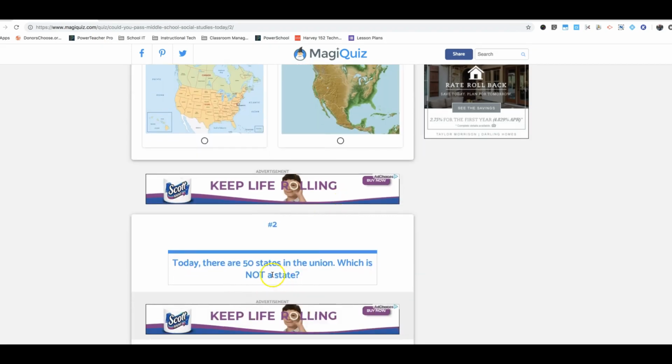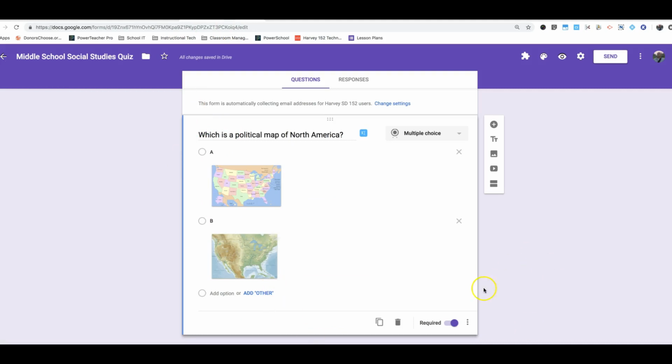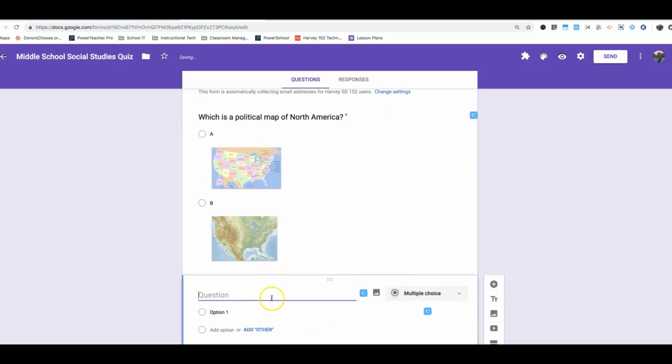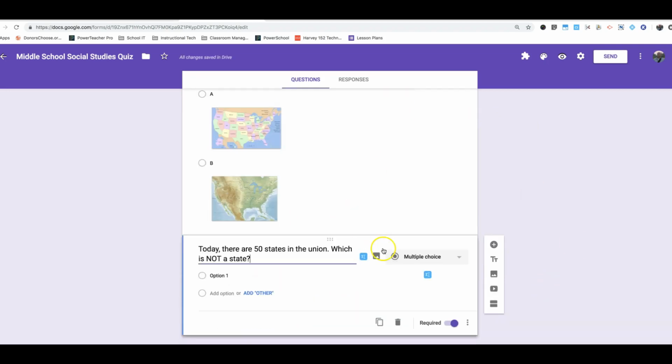Question 2. Today there are 50 states in the Union, which is not a state. Copy that. I'm going to use the plus sign here to add a question. And then I'll paste in that question. Today there are 50 states, blah, blah, blah. And then the answers again